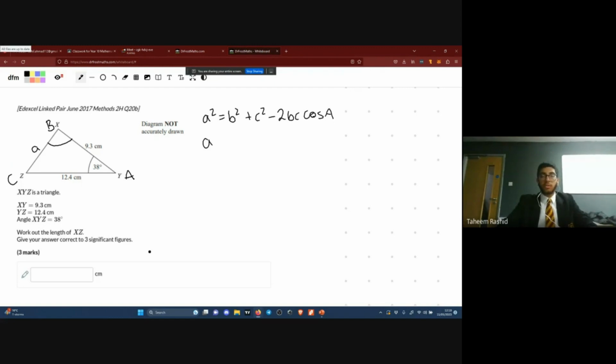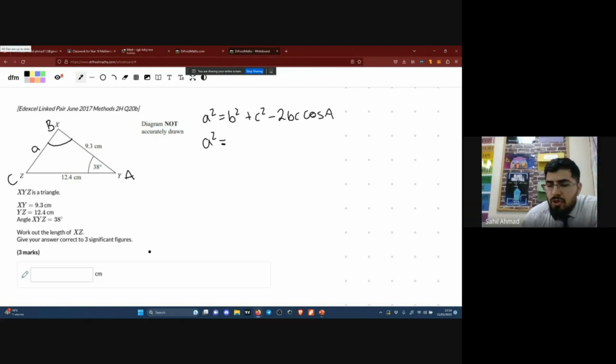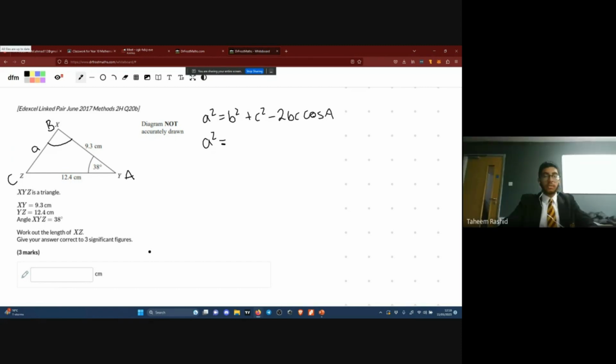So you would substitute 28 squared. Good. The substitution should be numbers. So what should I write here for b squared? It would be